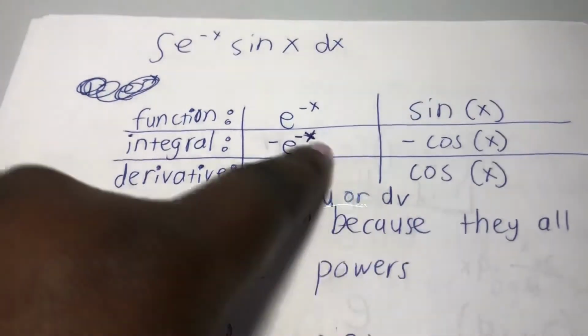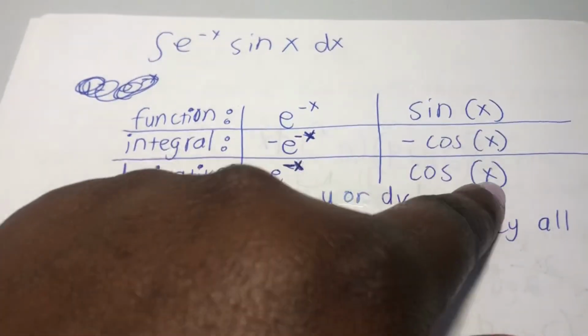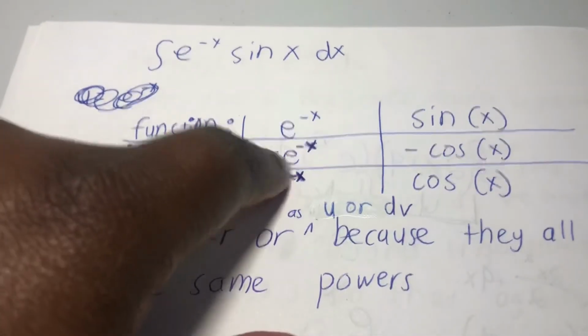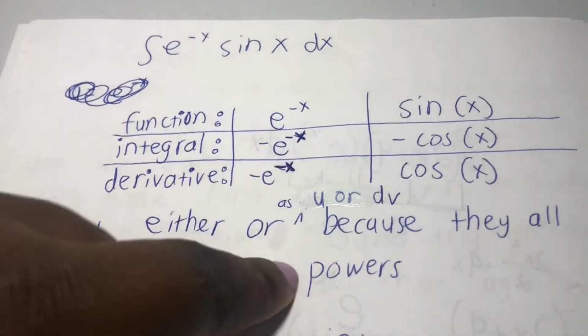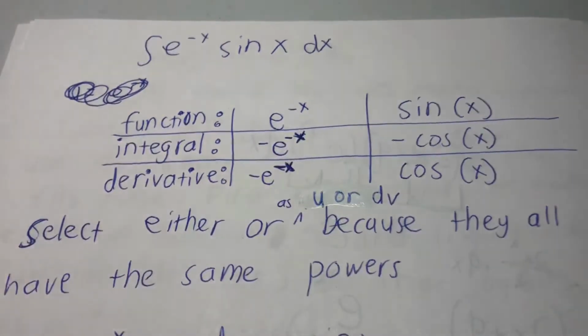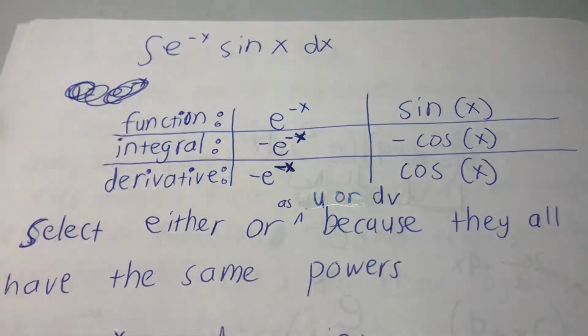So in situations like this, you can use either one as u or dv, because both of them have the same amount of easiness, since the powers of the x's are the same. Sorry, I feel like I'm being repetitive, but yeah, for situations like this, you can choose either one as